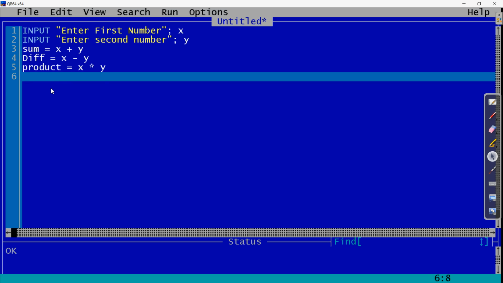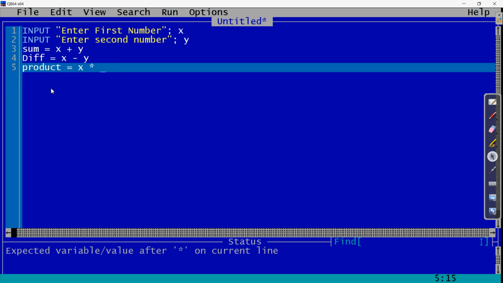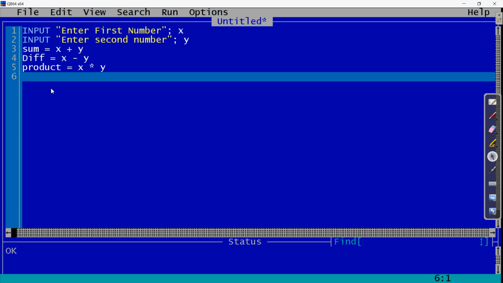So if I come to the next line, okay, so here it is, print, we can write in capital letters. Then with the print, whatever message you want to get printed, you can write sum of number.